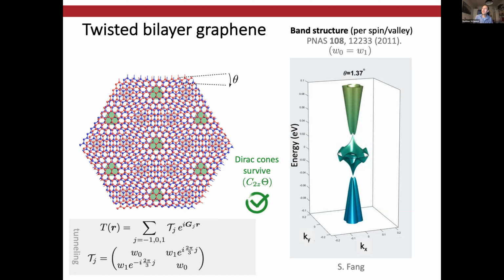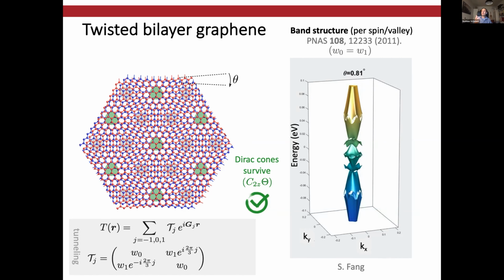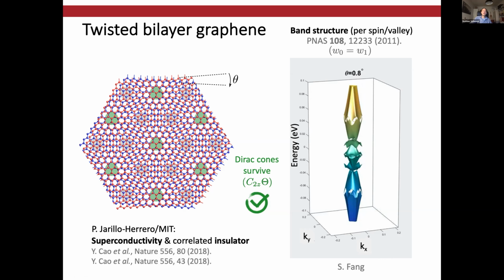That's maybe not that surprising, but something kind of unexpected or remarkable, or if you will, magical happens at 1.1 degrees, where the bands are almost perfectly flat and then start dispersing more. Now, you would expect that in the vicinity of the magic angle, correlations are enhanced, and that's exactly what you find. But it was still a big surprise when in 2018, it was for the first time shown experimentally that